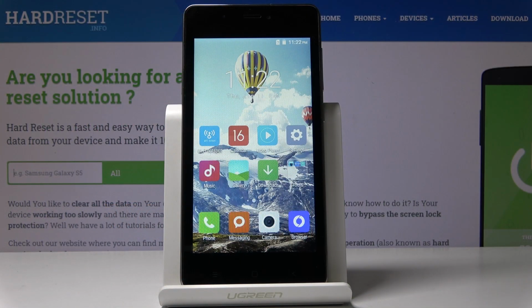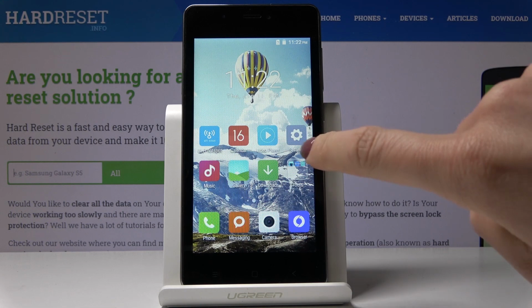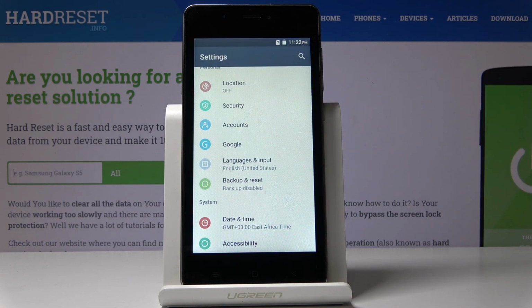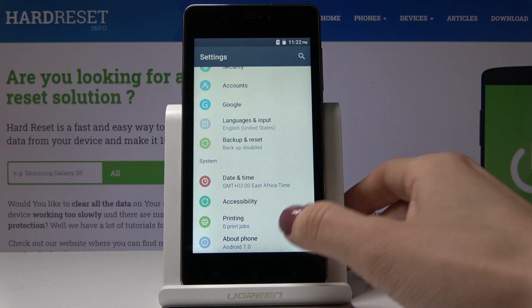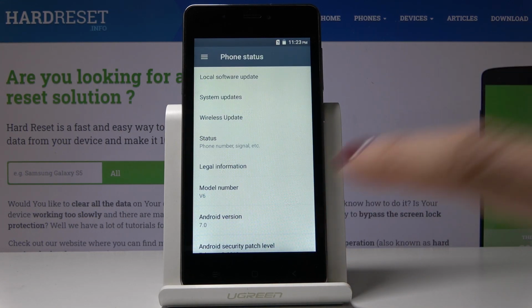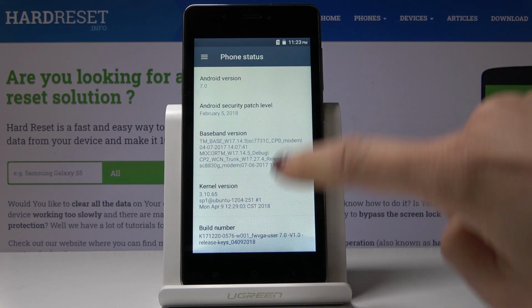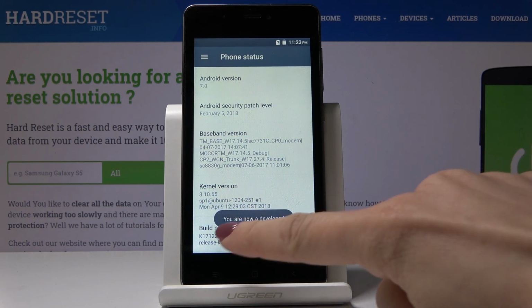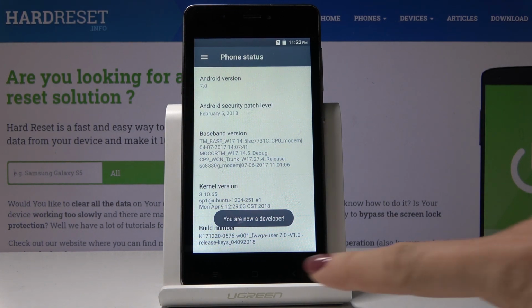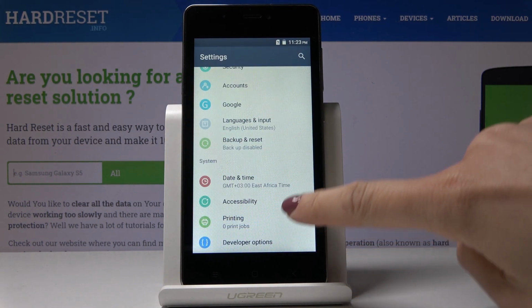Here I've got KXD V6 and let me show you how to activate developer options on the following device. So at first you have to open the settings, then scroll down to the very bottom of the list and click on About Phone. Now locate build number and just hit it for 7 times. And as you can see, now we are a developer,